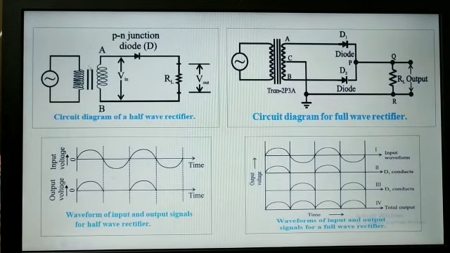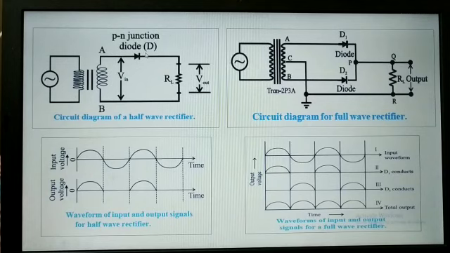This is the transformer, AC input is given to the transformer, we'll take points A and B. At the first point, when the supply is in the positive half cycle, point A will be positive, B will be negative. And this is the diode, the symbol of a diode. Right now this is the positive side of the diode, this is the negative side of the diode. So when point A is positive and connected to the positive side of the diode, and point B is negative, connected to the negative side of the diode, in which bias is the diode? It is in forward bias.